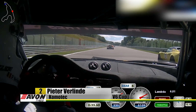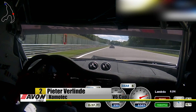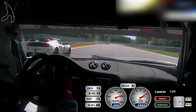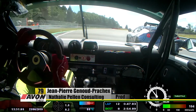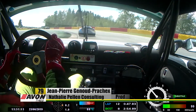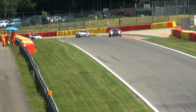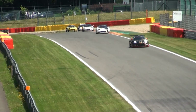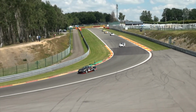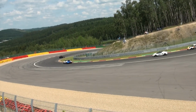for a Spa double. Pieter Verlinde goes past the production runners as well, and he'll look here to make the move on the inside line on Jean-Pierre Genoux-Prachet. You can see the blue flashing lights telling him to hold his line, which he does. It's a good drive from Jean-Pierre here. He's had lots of pressure. He's had to work hard to regain the lead at various points, as well as soak up some pressure from behind. But it's Bence Baller, the race leader, by 1.5 seconds approximately over Pieter Verlinde as they go downhill for